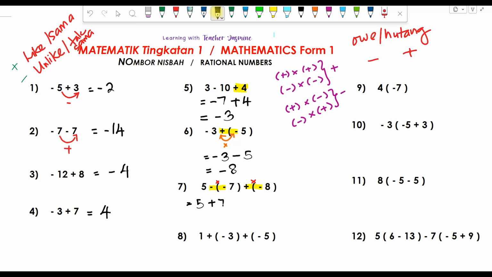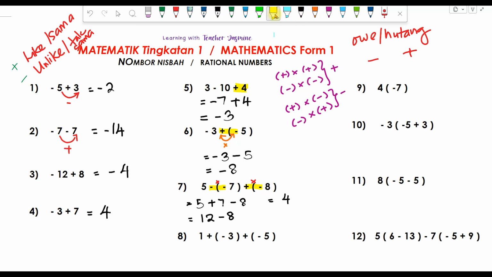7 to rewrite. Now the next one, positive times negative. See here, positive times negative. What is the symbol? Minus, negative, right? So letak negative and then the 8 rewrite. Now if you see, this question has become exactly like this question here that we've done just now. So let's do the first two numbers, 5 plus 7. So this one is a simple concept. 5 plus 7 is of course 12. Then minus 8, tulis balik semula, right? Rewrite. So 12 minus 8, this is simple subtraction. So the answer is 4.